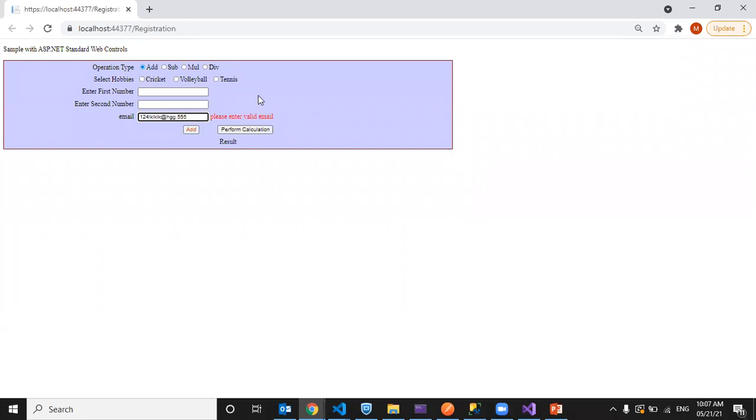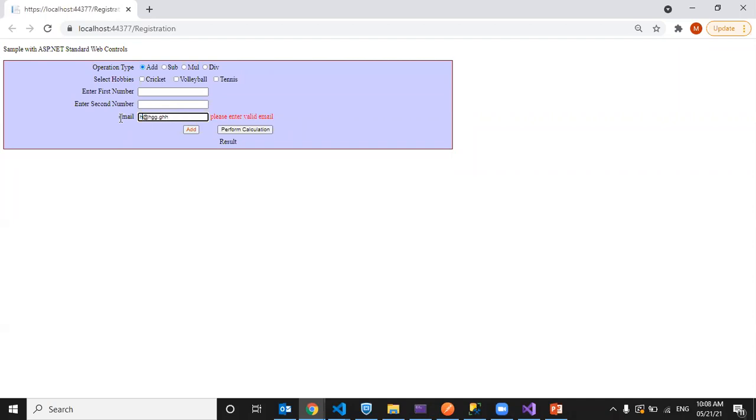I typed 3, still it is invalid, because I set only A to Z. So I typed G, only 1, so I have to enter one more. Minimum 2, maximum 4.